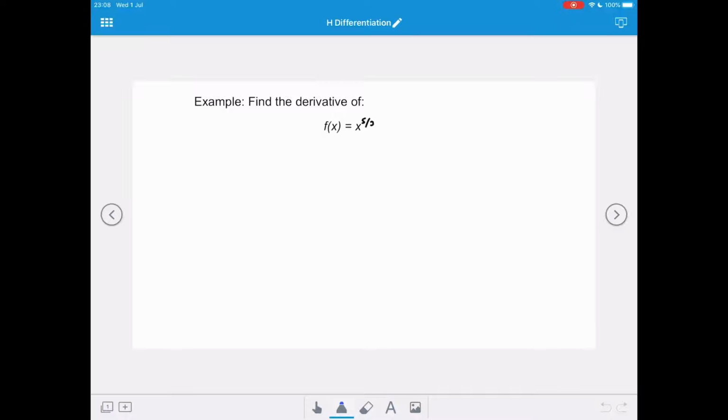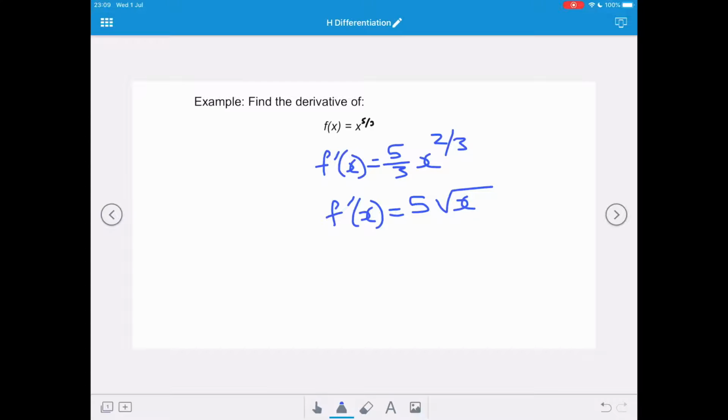This example, we want to find the derivative of f of x equals x to the power of 5/3. So f dash x is going to equal 5 over 3 multiplied by x, and if we take away 1, we get 2/3. And we can rewrite this using our rules of indices. So f dash x is going to equal 5 times the cube root of x squared